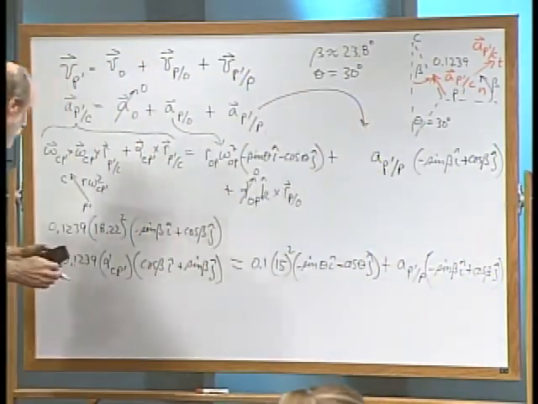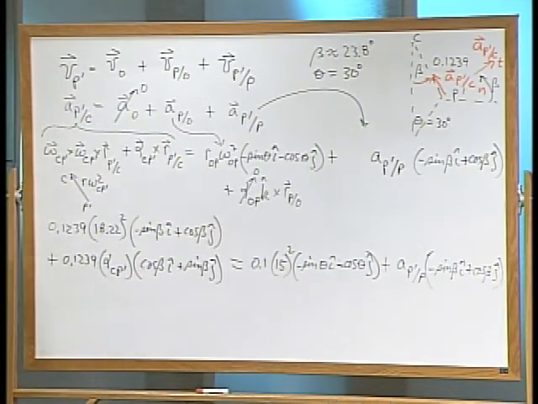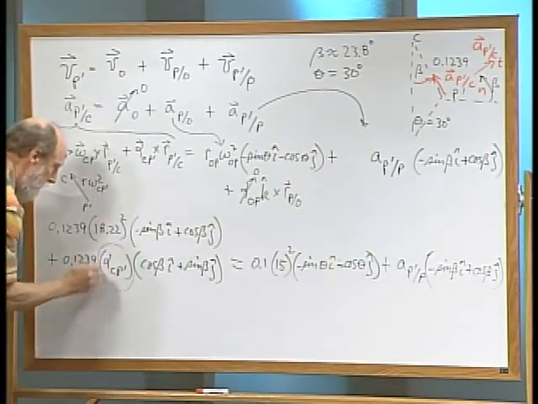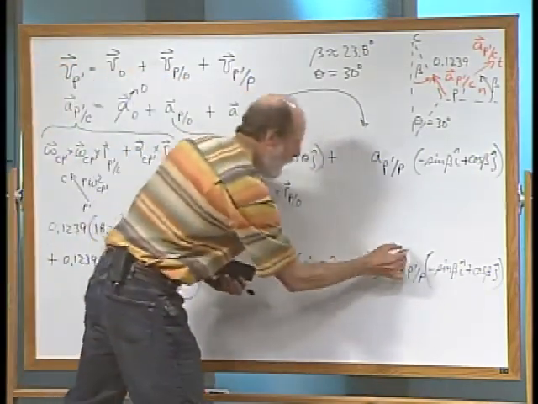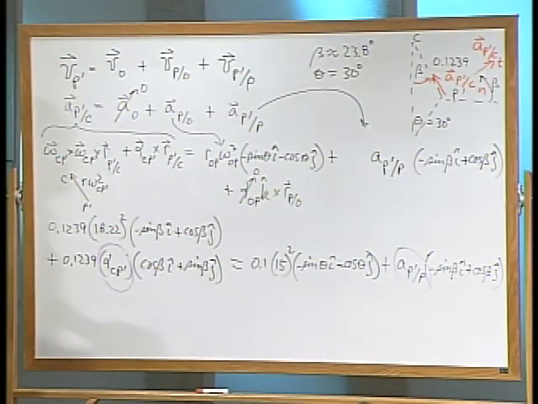Now you look down here at this equation. When you get this big mess together, where are your unknowns? What are your unknown quantities there? Alpha CP, and the magnitude of P prime relative to P. Yeah. So those two circled items are our only unknowns. And all we have to do is equate the i terms and the j terms and solve for those missing acceleration values. Okay. Let's go ahead and go forward with